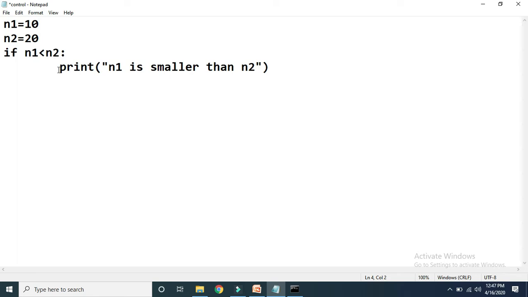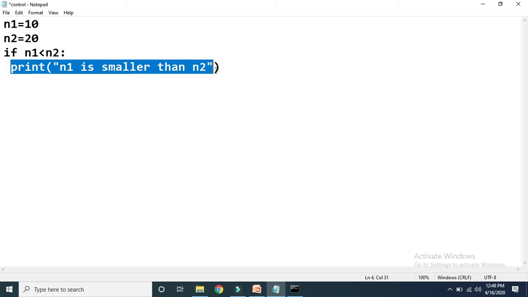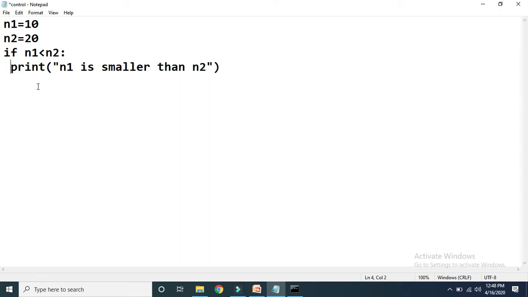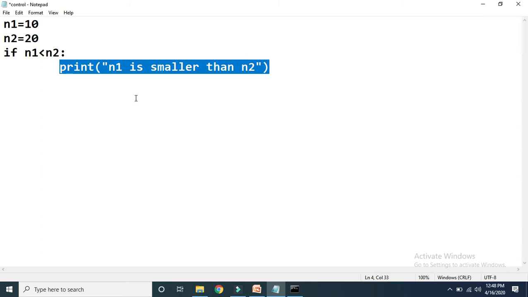Now, it's not the case that you have to leave this much space. If you write this print statement at this point also, then this if is starting at this point and the next statement is starting from this point. In that case, during execution the Python interpreter will come to know that the user wants to write this print statement in the body of this if. This is what is called indentation in Python. Instead of leaving one space, it is always better to use a tab. Its meaning is that this statement is now within the body of if.